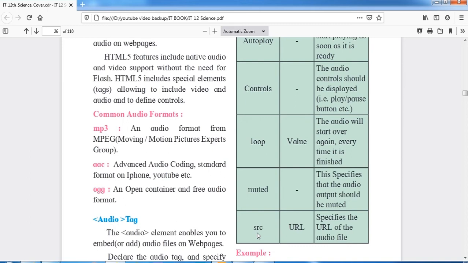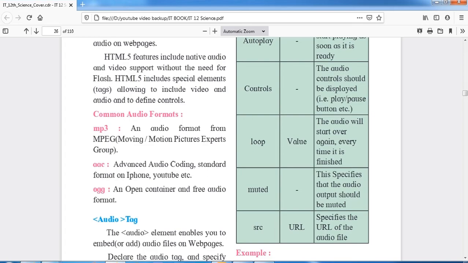Src is the audio file which you are going to import in your web page. So if you want to import any audio file, you should use this source attribute. If you are adding audio, then you must use SRC. That will be the URL of your sound file or audio file.